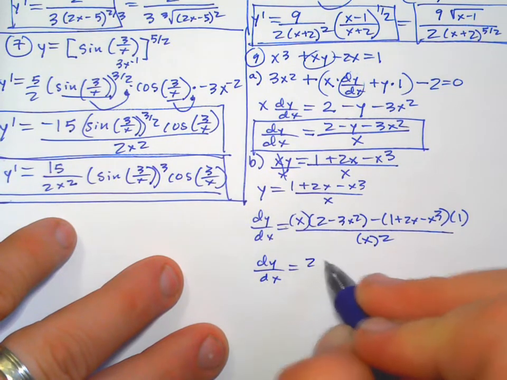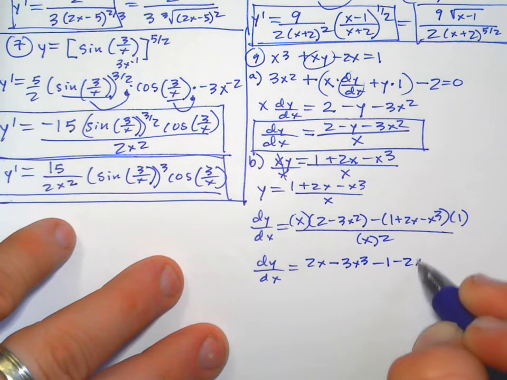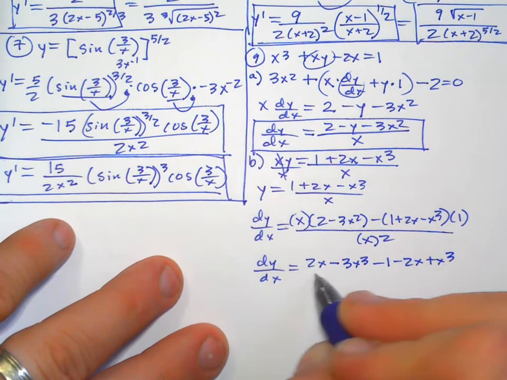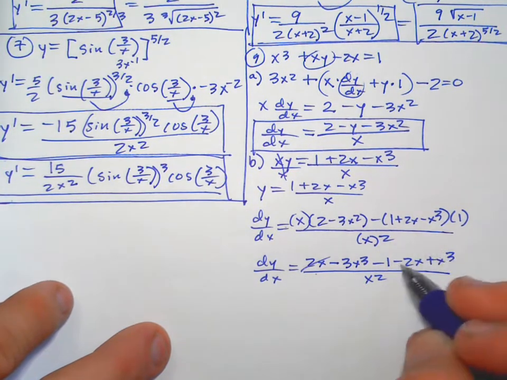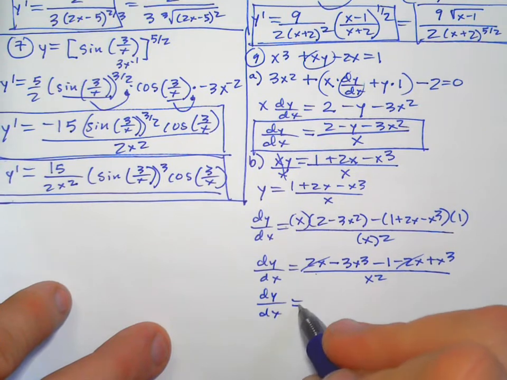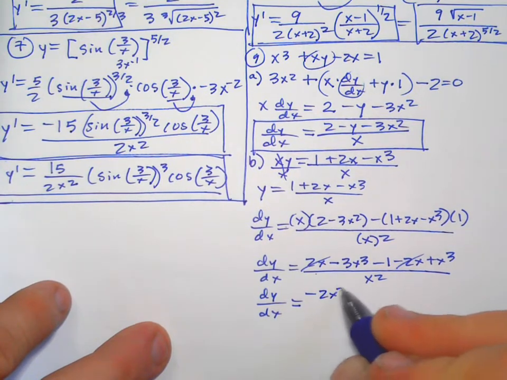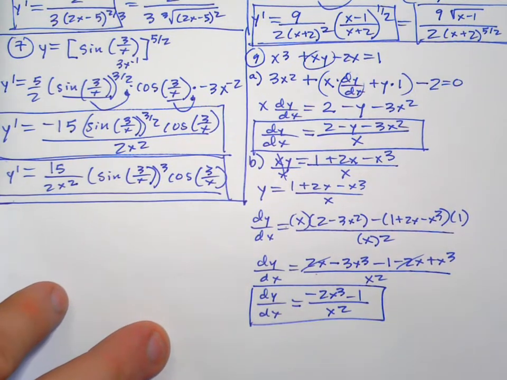It'd be 2x minus 3x cubed minus 1 minus 2x plus x cubed, over x squared. 2x minus 2x, those cancel out. And then we could do negative 2x cubed minus 1 over x squared. So that's the derivative